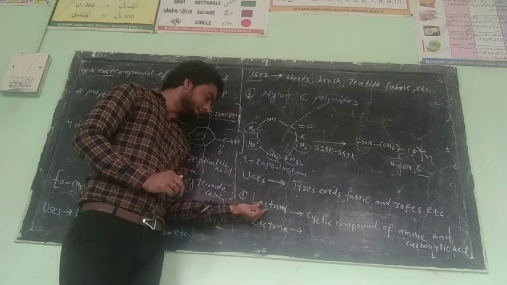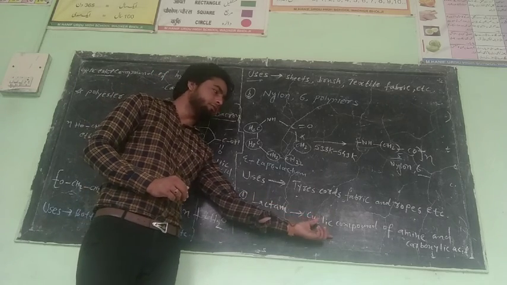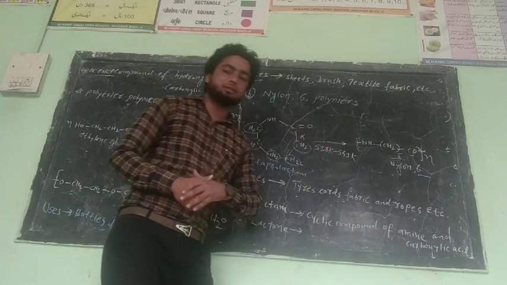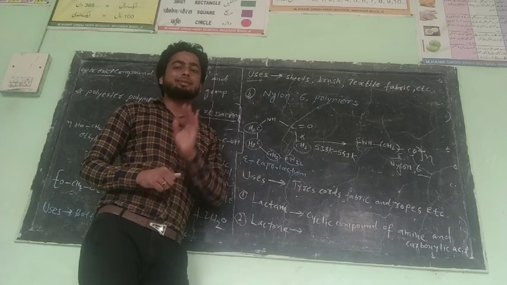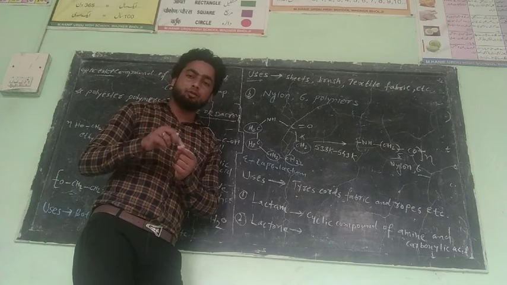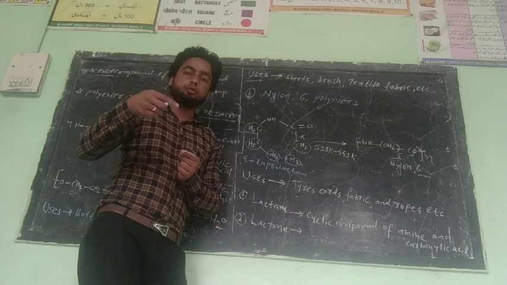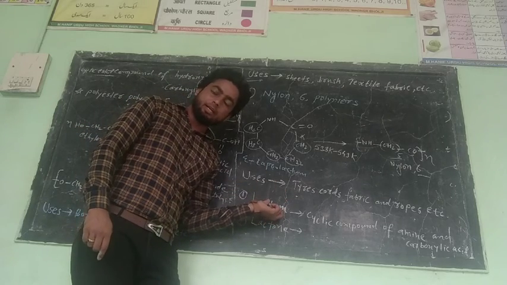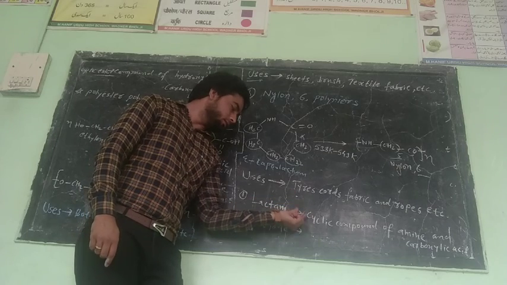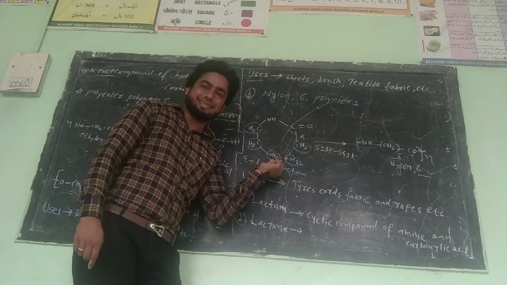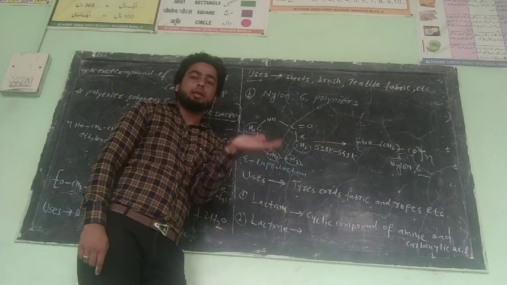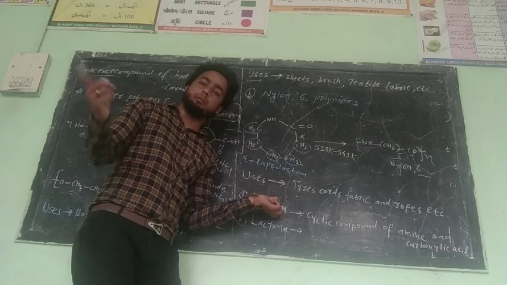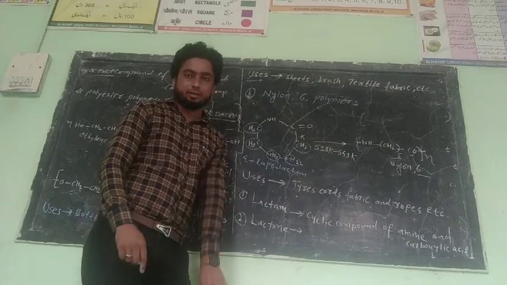So what is the definition of lactam? Lactam and lactone, one last question will come to you. Define the lactam or lactone. Okay? So lactam is a cyclic compound which contains two functional groups. One is called amine and the second is called carboxylic acid. So any cyclic compound which contains an amine group as well as a carboxylic group is called a lactam. Clear? It means nylon 6 is an example of a lactam. It contains an amine or amide group as well as a carboxylic group.